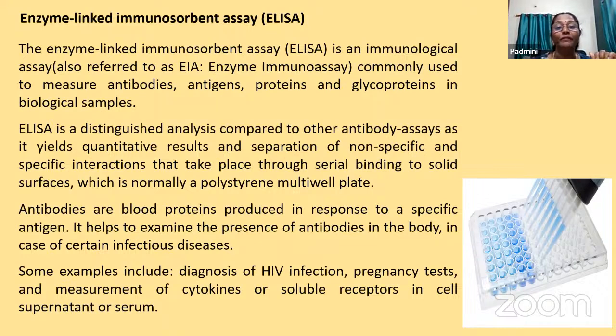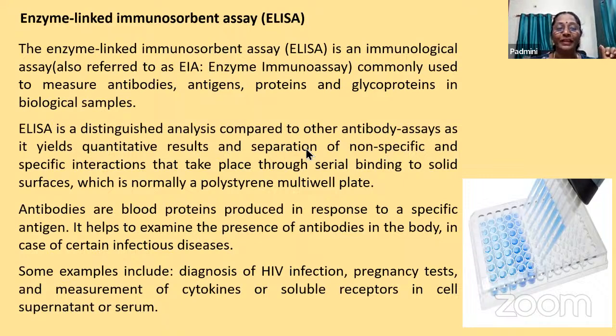sample. So you're going to check either the amount of antibodies present in the sera, or the amount of antigen that has been affecting the particular fish, or the type of protein, whether it's a toxic protein or a non-toxic protein, and also the glycoproteins in the biological samples. So ELISA is a distinguished analysis compared to other antibody assays, as it yields quantitative results and